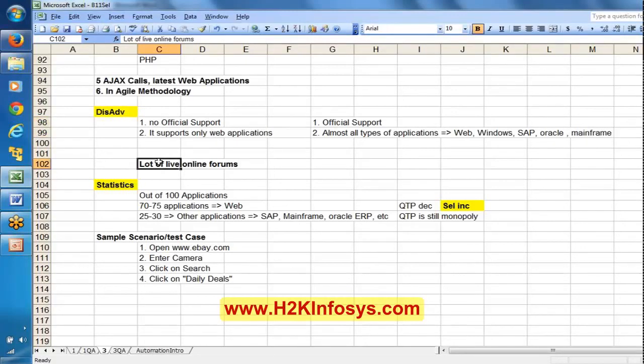So if you get stuck somewhere, you can raise your concern in those forums, and you can definitely expect an answer. And I said it supports web applications only. For that, we have discussed the statistics: out of 100 applications, 70 to 75 applications are on web. That is where the demand for Selenium is increasing in this web application area. The demand for QTP is decreasing.